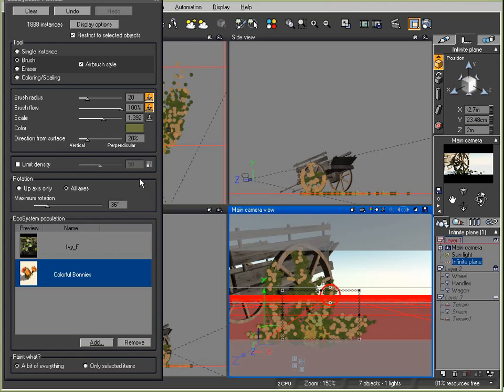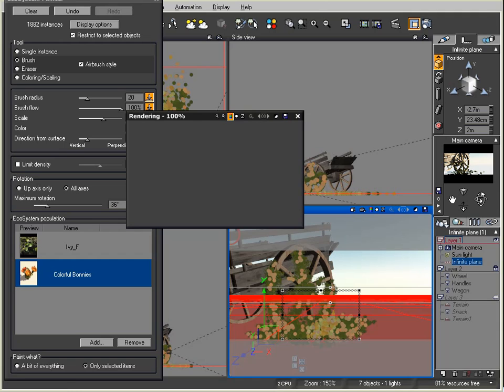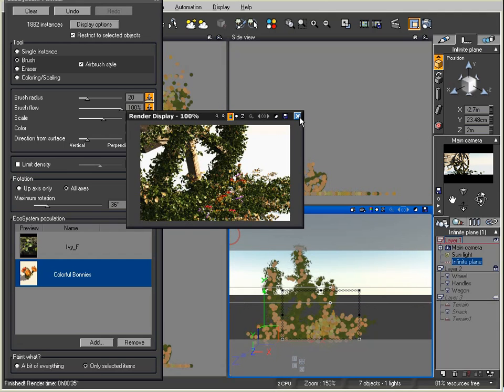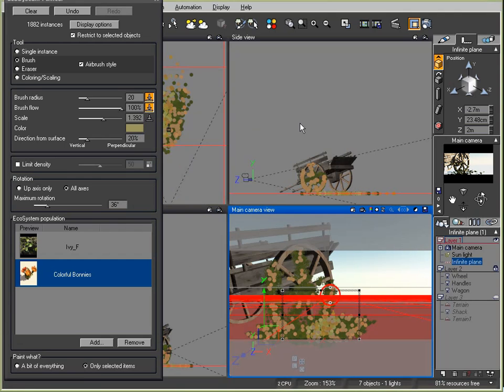Well, one thing I want to do is I want to select only the selected item, so I'm only painting the flowers because I don't need more leaves there. Okay, let's try that. I'm going to render that. Okay, I like that. So I'm just going to paint a few more down here,